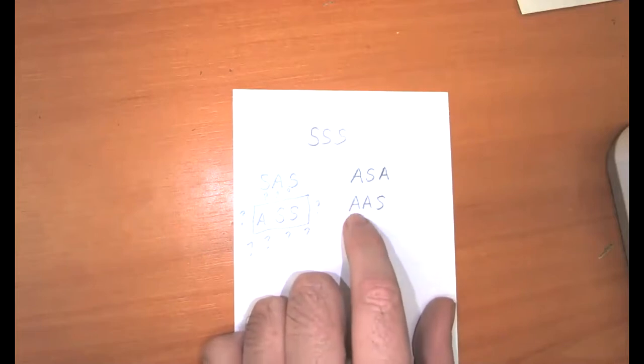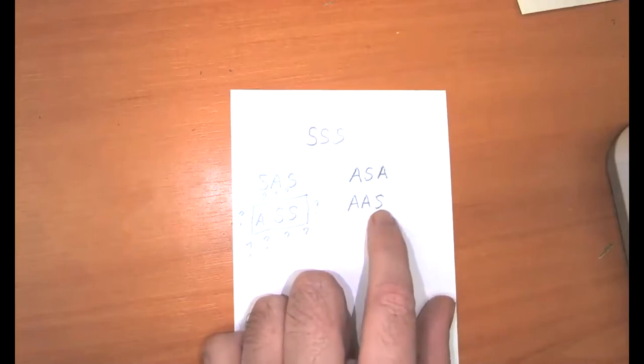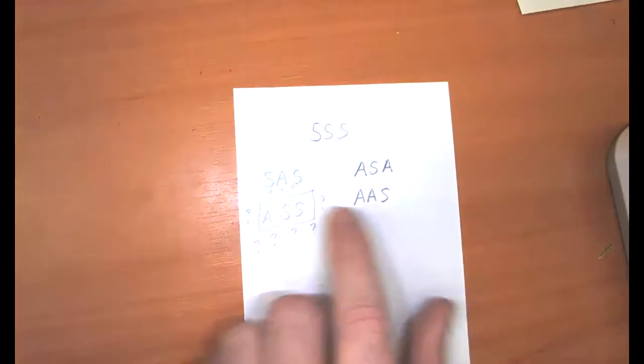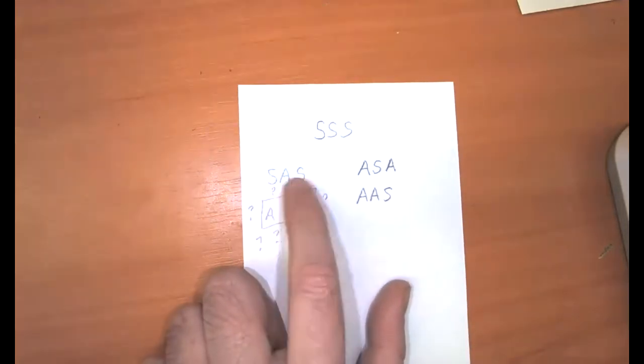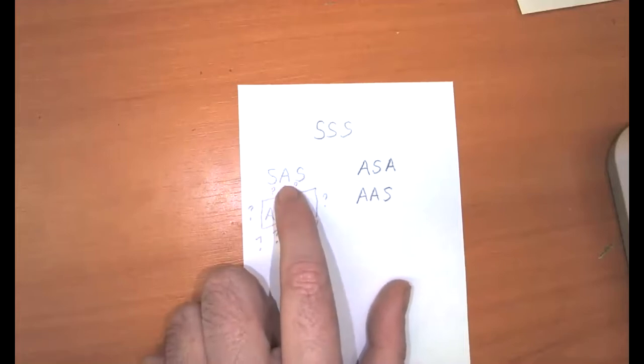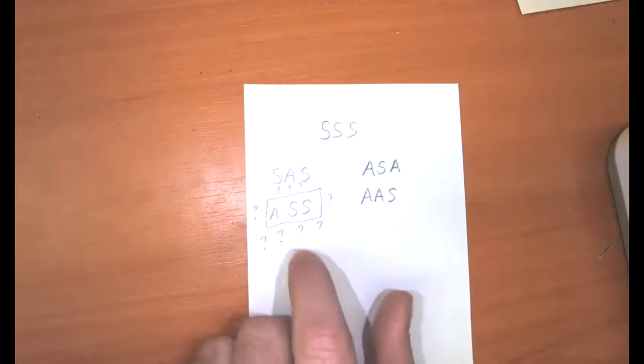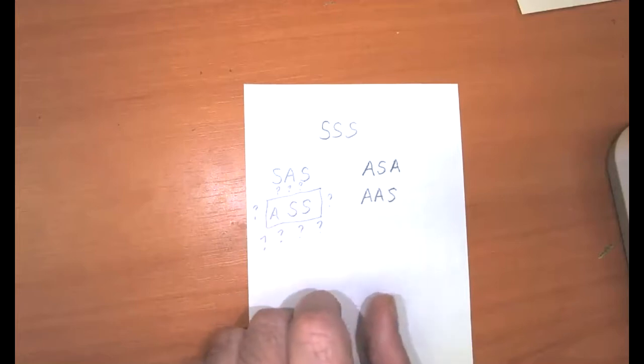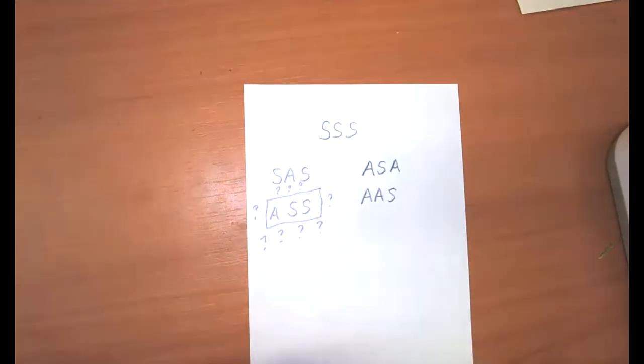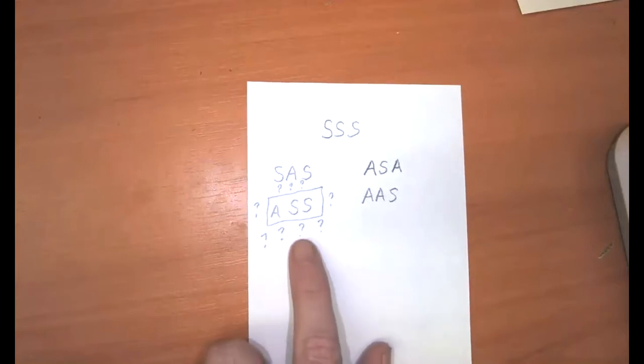If we have 2 pairs of angles, but a side that is not between the 2 angles, we can use the AAS theorem. If we have 2 pairs of sides and the angle that's between them, we can use the SAS theorem, excuse me. And so it's one of the questions that geometry teachers get every year from some student